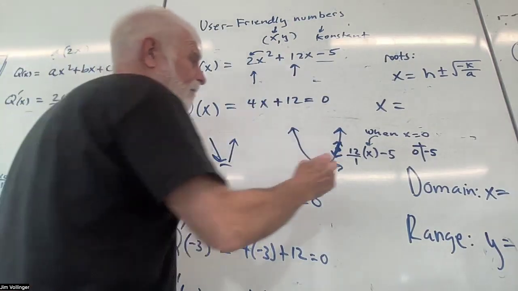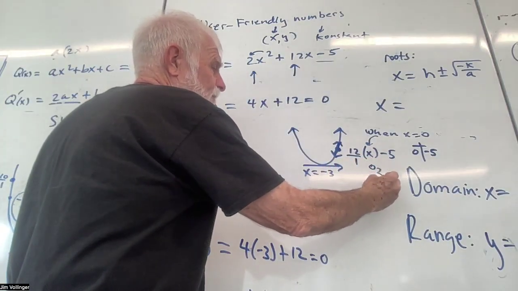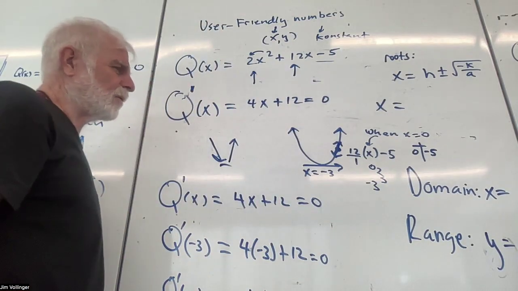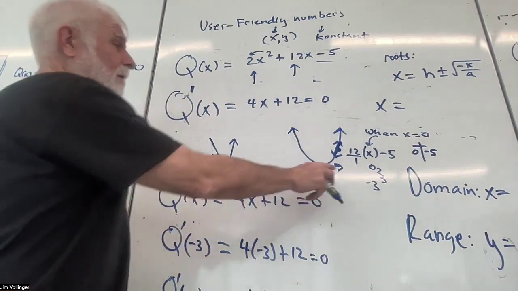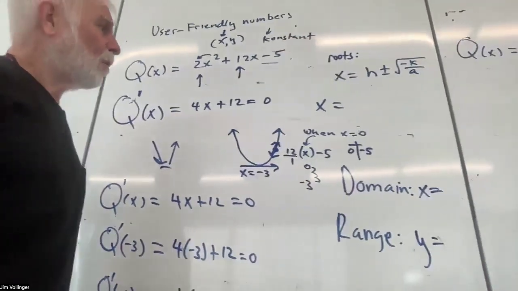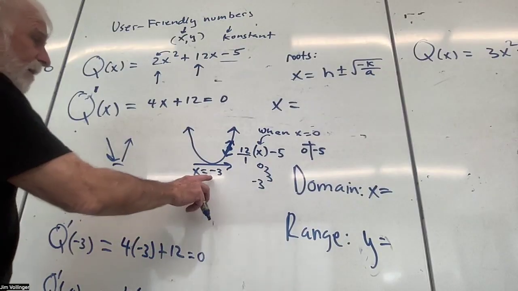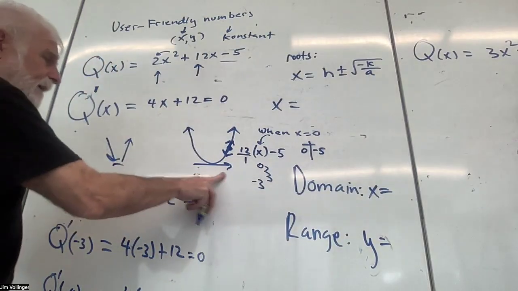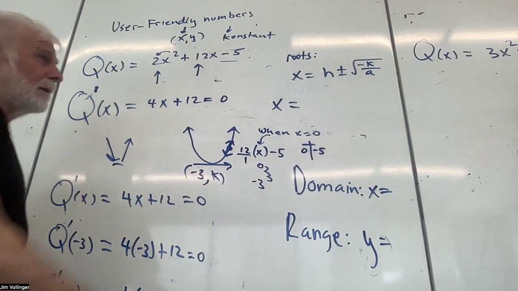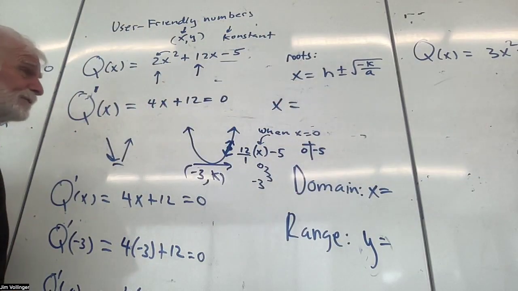And how far is it from 0 to negative 3? 3 jumps of 4. 3 jumps from 0 to negative 3. Interesting. So what are the roots? Well, I have to find out where I am at negative 3. I need that k value because there's a nice little formula for the roots, which means